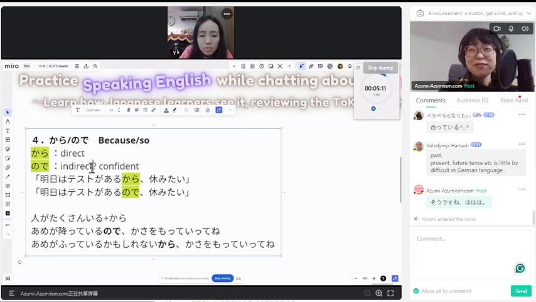I have a test. So you know what I mean? I have to work. I have to study. That's the reason I want off from work. So it's an indirect way of saying it, like if you are not confident that this action and this reason are strongly connected. 雨が降ったから行こう, yeah,